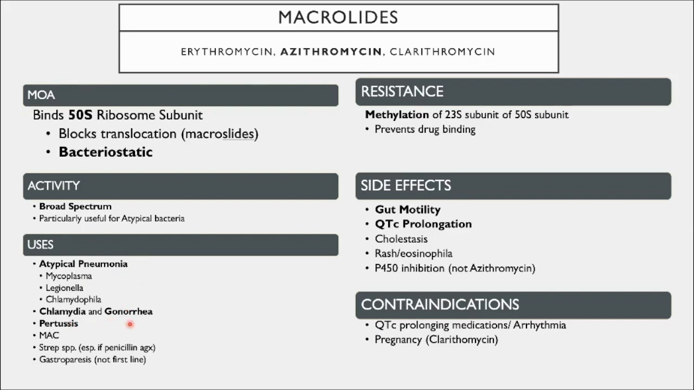You can also use these for chlamydia and gonorrhea, especially in situations where ceftriaxone resistance or doxycycline resistance exists. You can use azithromycin to kind of help with that. Pertussis, as well as Mycobacterium avium complex. This is a form of Mycobacterium similar to TB that only infects immunocompromised individuals, particularly fulminant AIDS patients. You're not really going to see this outside of an AIDS patient. Every now and again, you can use it in the situation of penicillin allergies for strep. And there's a